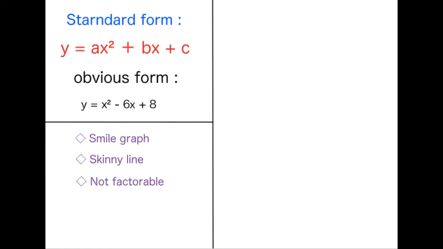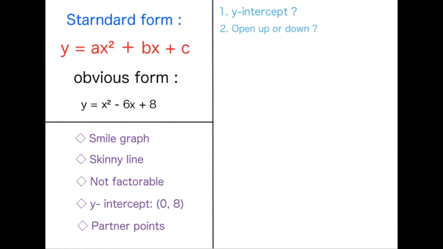And we also know your y-intercept is 8 and your x value is 0. So your xy coordinate is 0 and 8, and it has the partner points. So how you graph the standard form is first you have to find out what is your y-intercept, and then